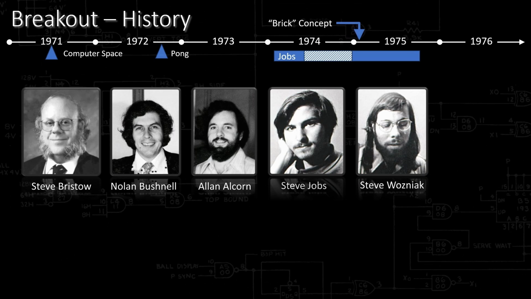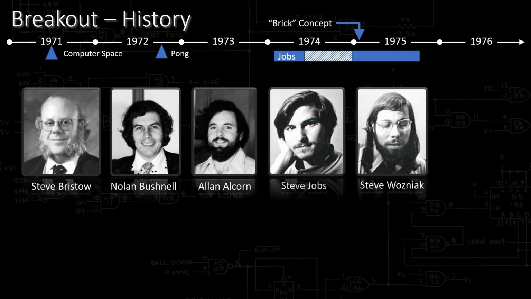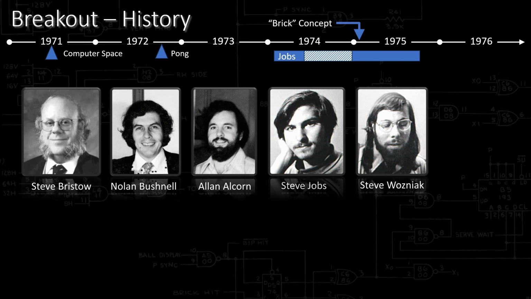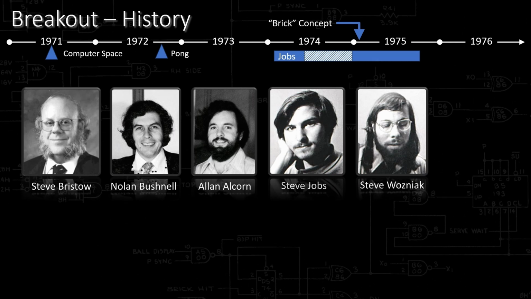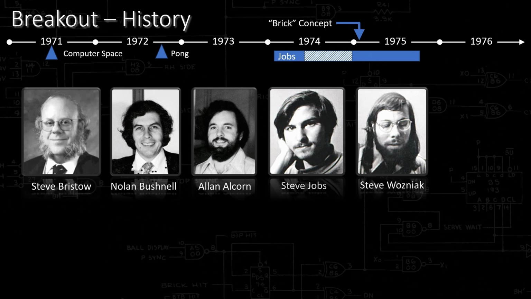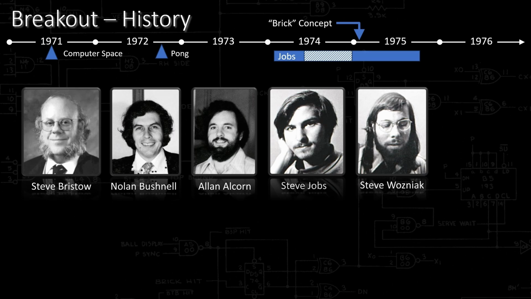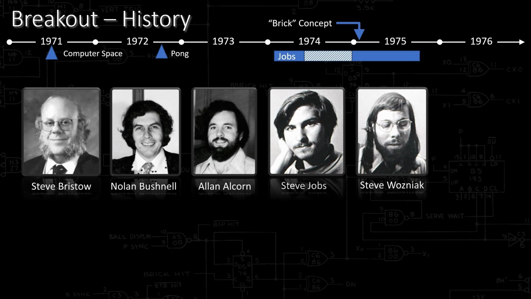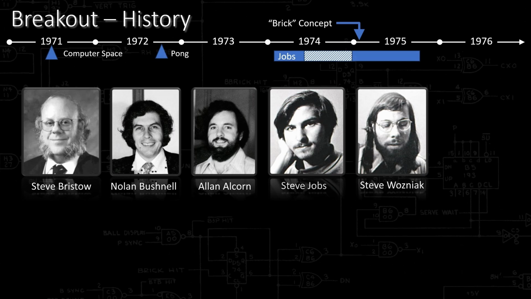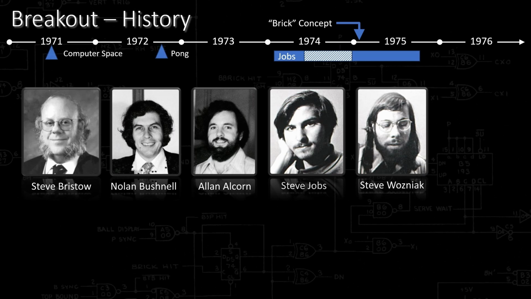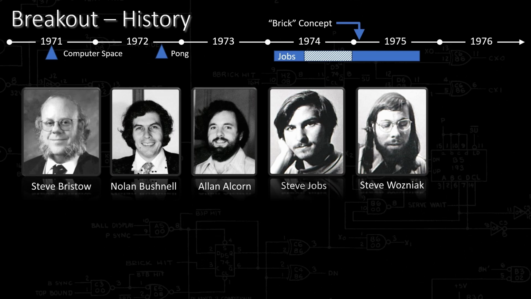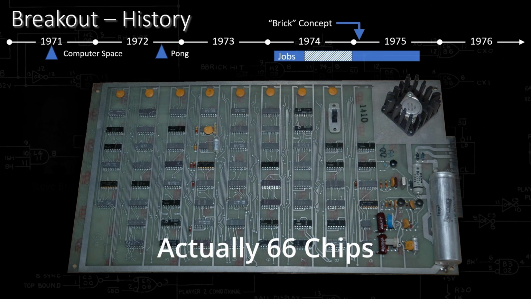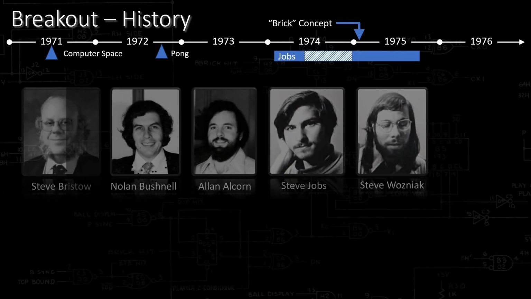Nolan offered Steve Jobs the task of prototyping this brick game concept, knowing full well that he would get help from Wozniak. Nolan offered a flat fee of $700 for the prototype work, plus a $1,000 bonus for every chip under 50. I'm not really sure why the $700 fee if Jobs was already an employee, but I do kind of understand the extra per chip bonus because chip counts were getting out of hand. For reference, Pong used 76 chips and many other Atari products used in excess of 100.